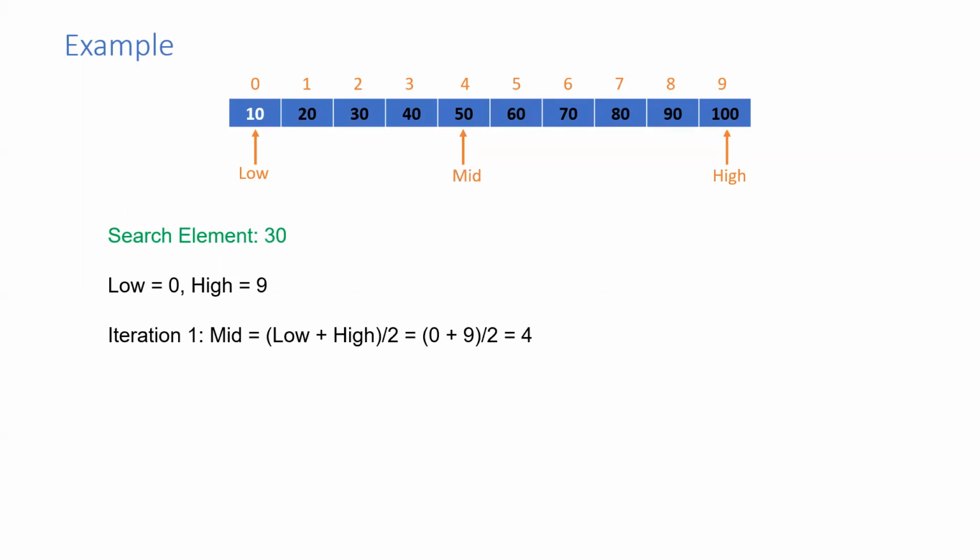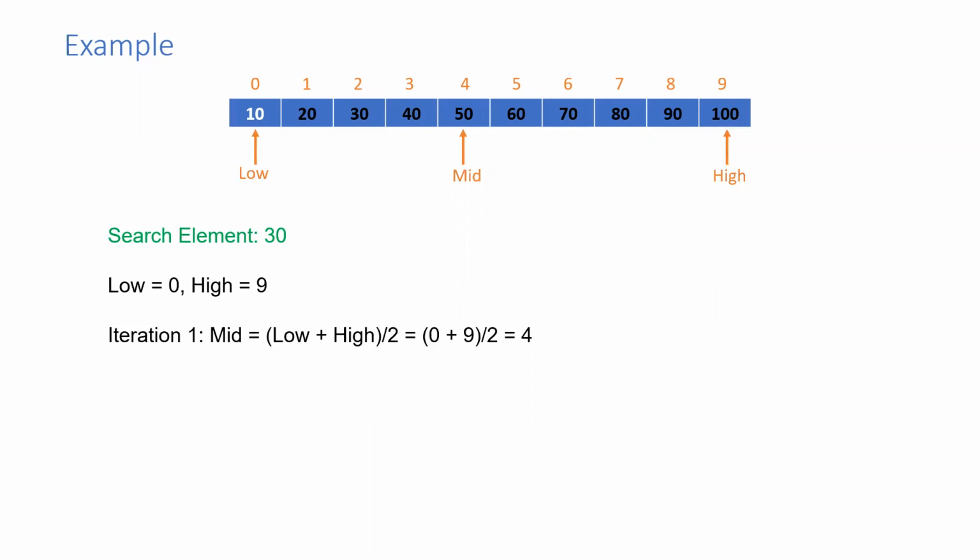Then what we'll do is verify if the search element which we wanted to find is equal to the value pointed by the mid. What is mid pointing to? All low, mid, high are denoting the indexes here. We need to remember that, not the actual elements in the array, but the indexes in the array. So mid value is 4 now, and we want to check the value pointed to by mid. It is pointing to the 4th index and the value in it is 50.